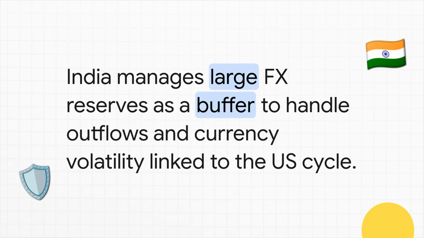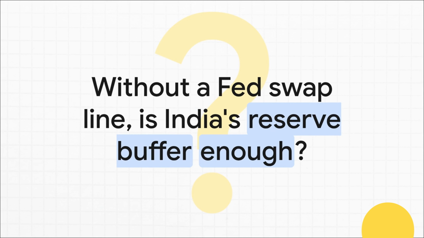India holds one of the biggest stockpiles of foreign currencies in the world, mostly U.S. dollars. This is their buffer, their war chest that they can use to try and stabilize their own currency when these huge capital flows start rocking the boat. But here's the catch. Remember those emergency swap lines from the Fed? India doesn't have one. Now, they have other arrangements, for sure, but they don't have that direct emergency pipeline to the Fed's pump. And that raises a pretty critical question. If a really big global crisis hits, is India's own buffer truly enough to handle it?